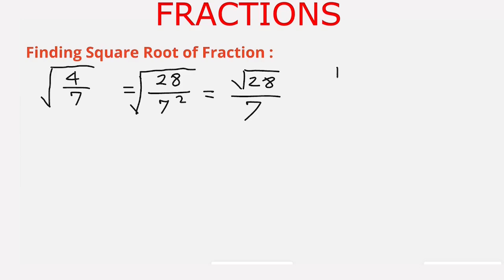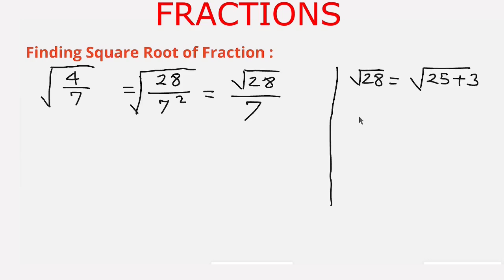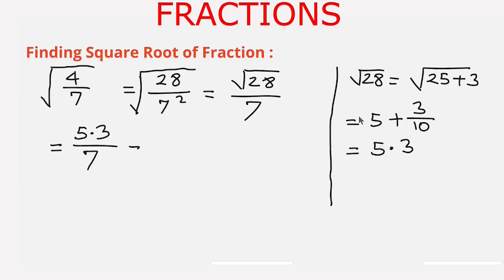Now we will first find the square root of 28. So the square root of 28 is equal to under root of 25 plus 3. The square root of 25 is 5 plus 3 upon twice of 5, which is 10. So this is equal to 5.3, as 3 upon 10 is 0.3 and 5 plus 0.3 is 5.3. Now we solve it. The value of under root of 28 is 5.3 upon 7. This is equal to